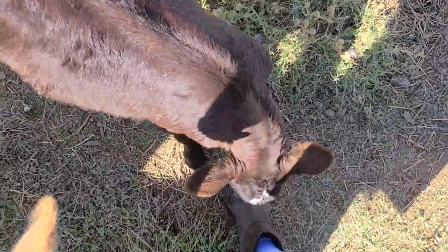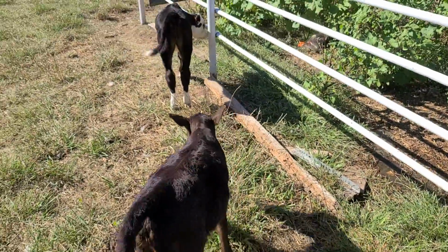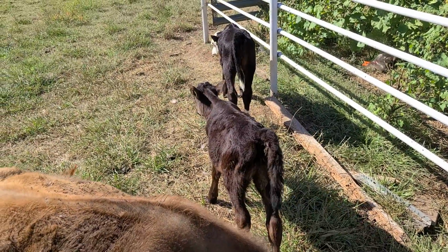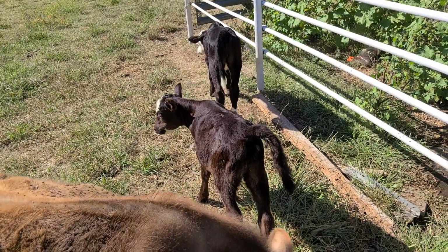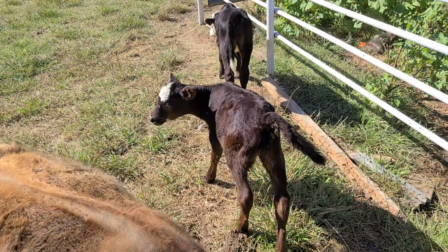We did have to tube feed this one for a while. She's the younger one. They're like a week apart in age. And I'm not sure what was going on when we got them. They were both kind of scoury a little bit. It wasn't bad. It wasn't really watery. But